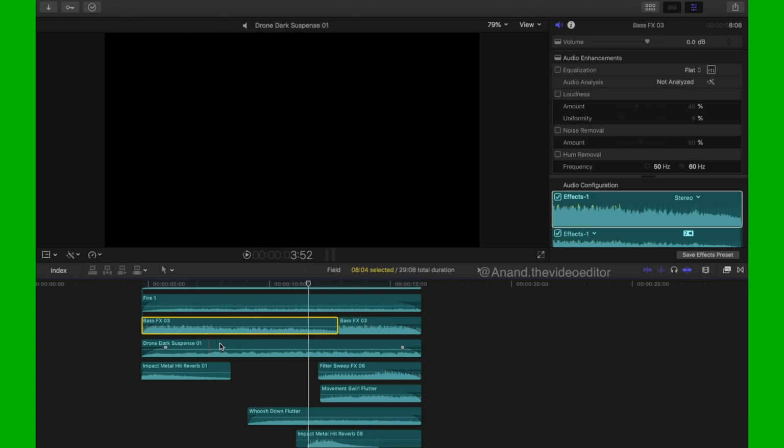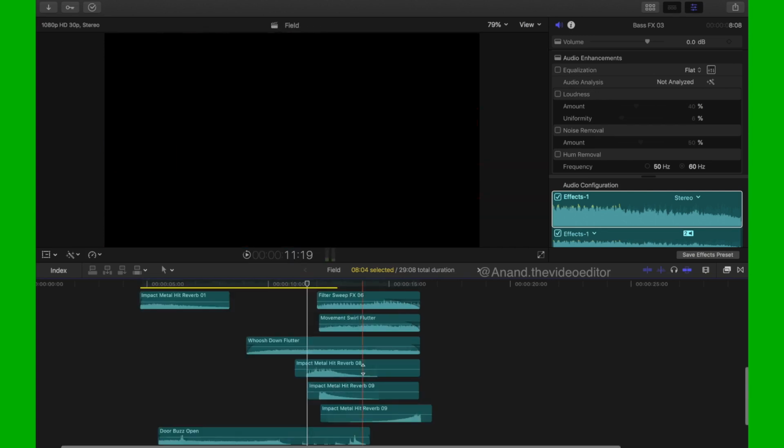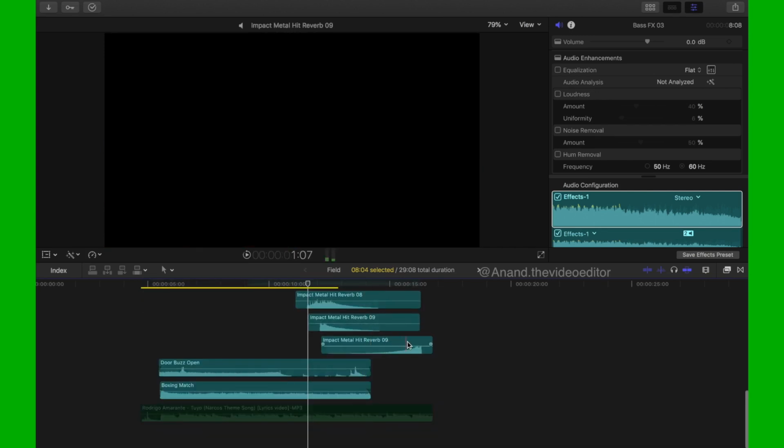Then I have this drone sound which creates a bit of suspense. Then I have added some metal hits in the beginning and in the end. I have reversed this metal hit to just give that effect of the sound being sucked back,